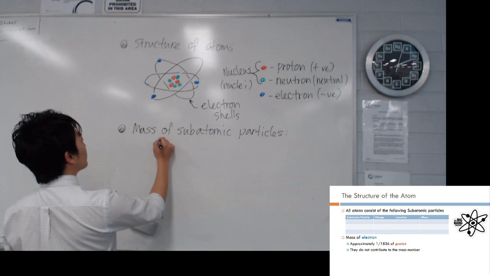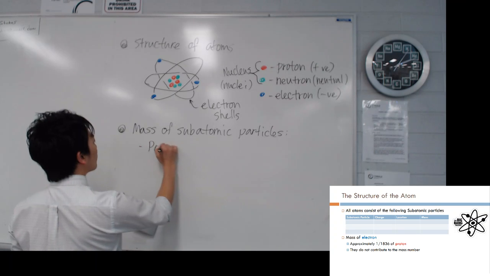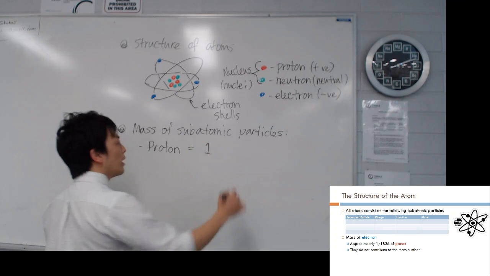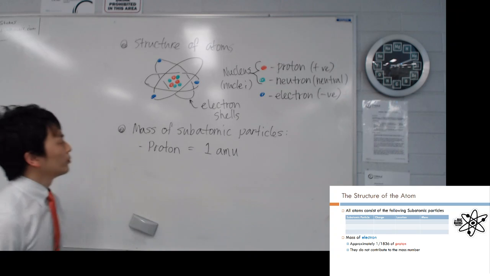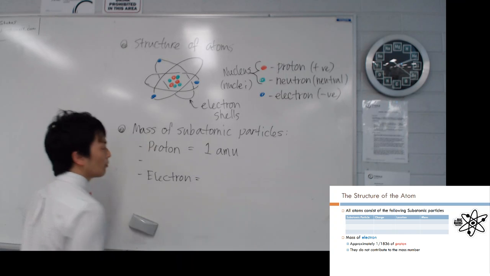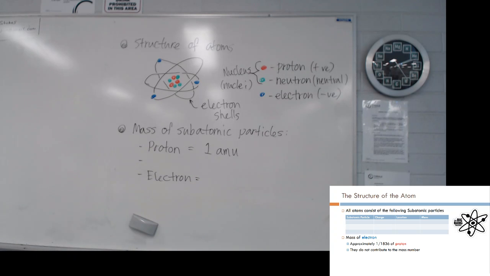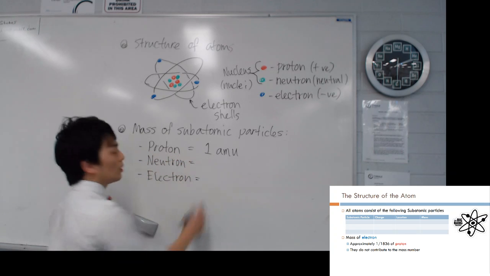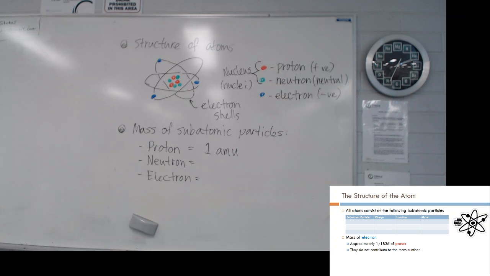Proton is one AMU. Alright. What about the rest? Well, one left, neutron. What do you think? Neutron would have or wouldn't have mass? Who would vote for neutron has mass? Neutron doesn't have a mass? Well, it does, because